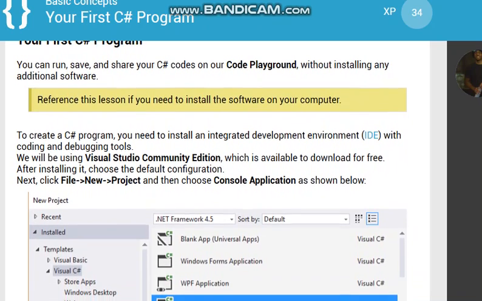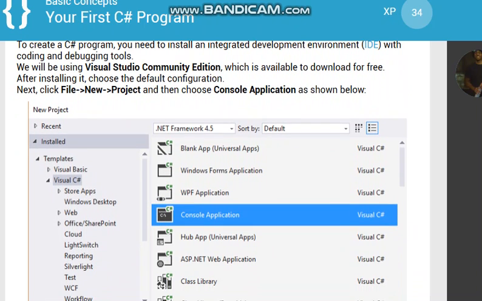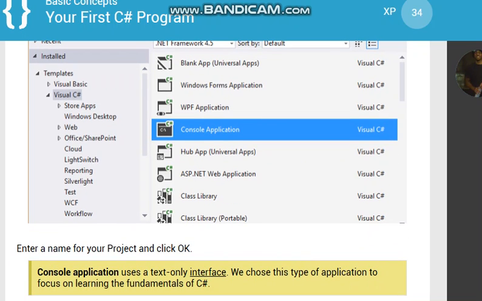Yeah, so basically, Visual Studio is an IDE. We touched on how to start a console application. We've also touched on,